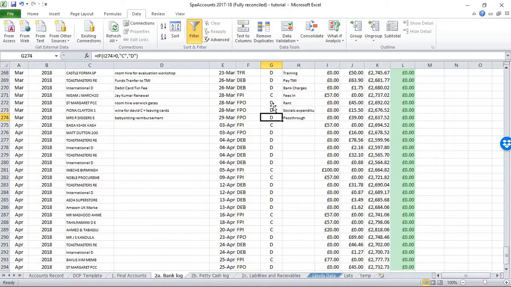So these are mainly spend, and only in this instance is it a credit. And you can see certain categories have been set. How these categories are used, I don't want to go into too much detail. Needless to say, work with the previous treasurer to help you determine what the categories are. For the most part, they're going to be relatively intuitive, but sometimes there is some ambiguity as to what should